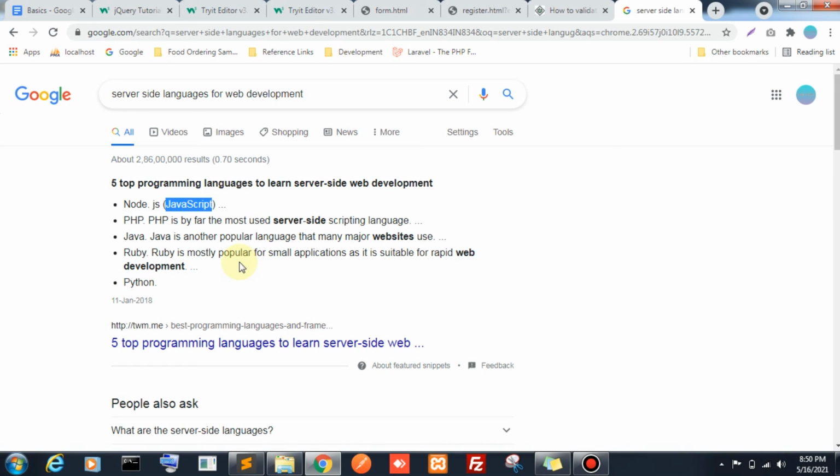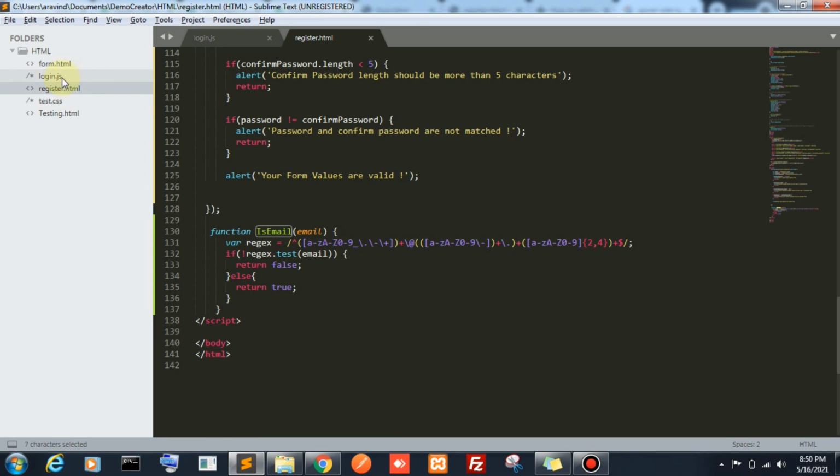In framework, I said jQuery is a library, right? Library means by default they write all the basic setups. Framework means they will give a basic structure to write the web development. For example, I created this login.js and HTML, all the files inside this HTML.